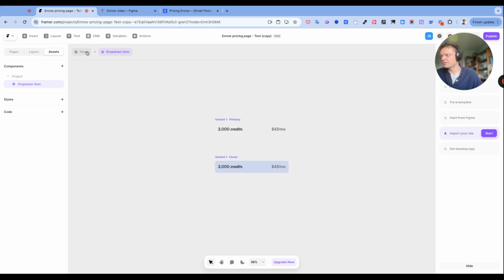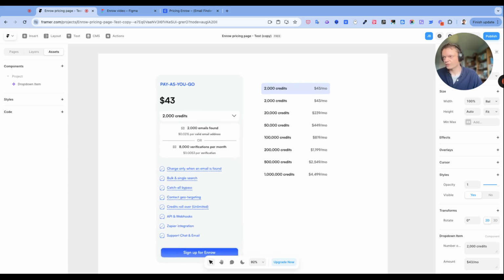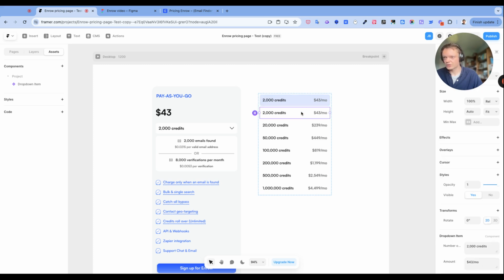And now that I have done that, I'm going to simply convert all the elements of this dropdown into a component with the corresponding amount, so that each item of this dropdown is actually a component with that behavior with the hover state. So that's what I'm going to do here. So here, what I'm going to do actually is